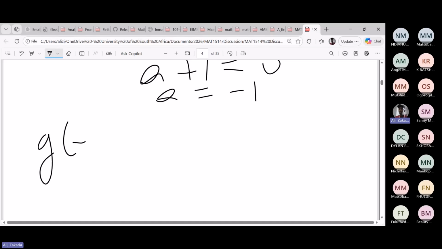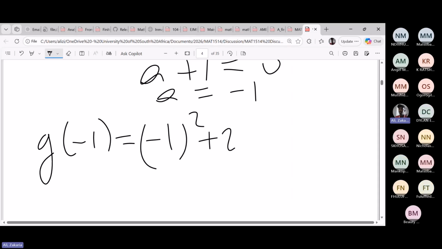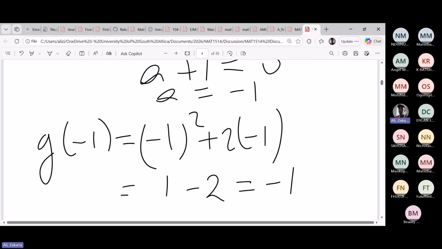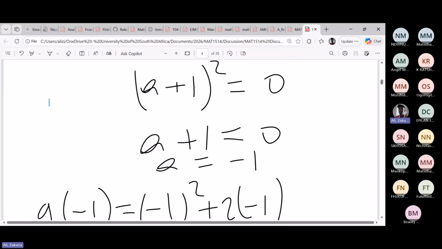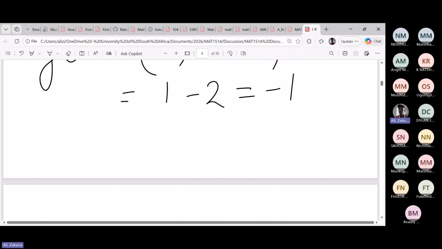So verification: g of -1 will be (-1) squared plus 2 times -1, right? That is going to give us (-1) squared is 1, plus 2 times -1 is -2, and then the answer is -1. So g of -1 is indeed -1. That gives you, for a equal to -1, g of -1 equal to -1. That's the algebraic option, which is usually the easiest way. For you to solve this, you don't need to follow this technique. You can use the quadratic formula if you want to. So at home, then I'm going to give you another